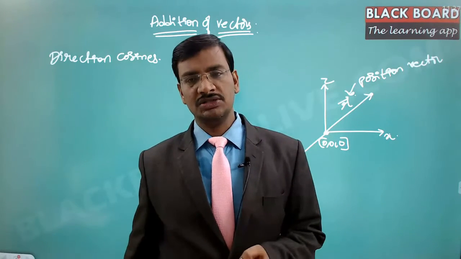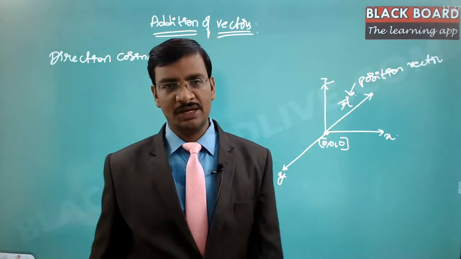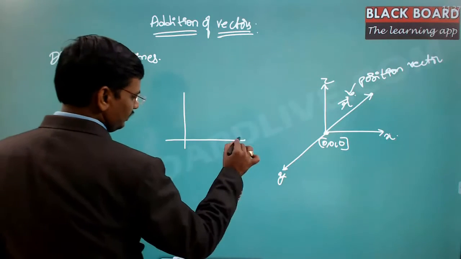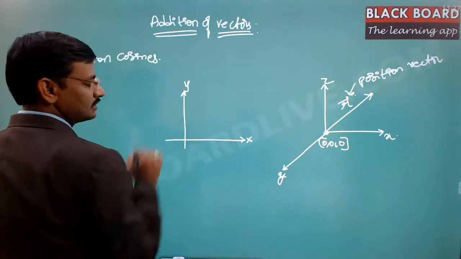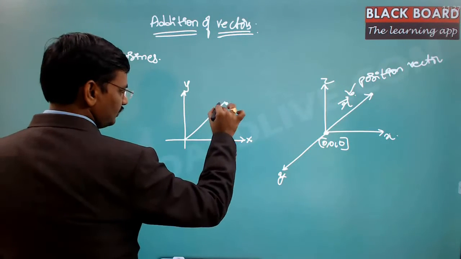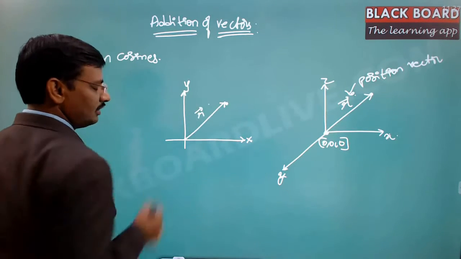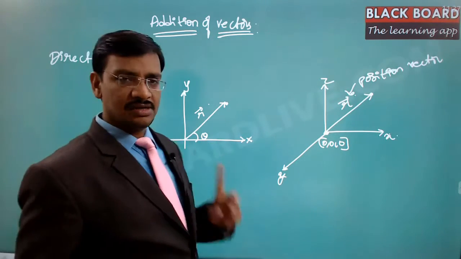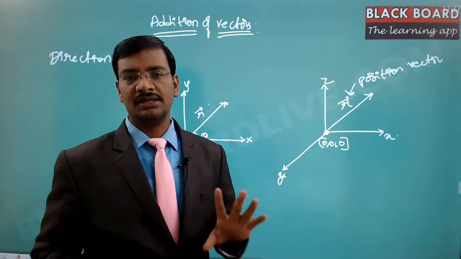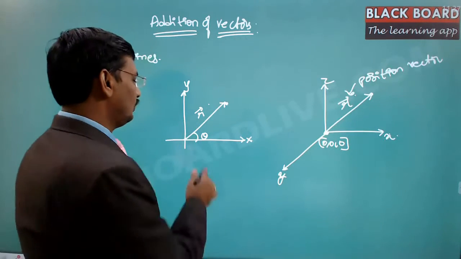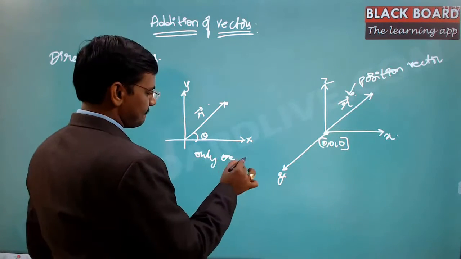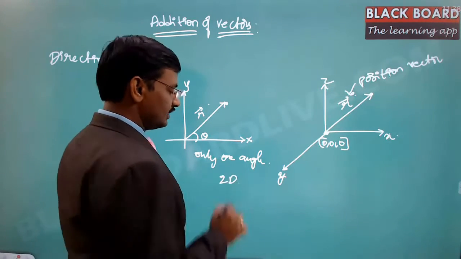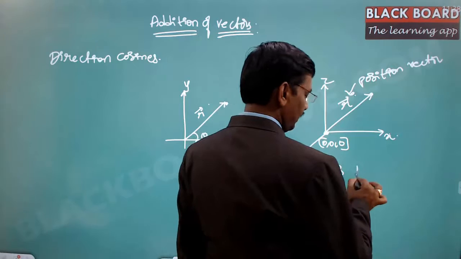In two-dimensional geometry, if you want to uniquely identify a point or a direction starting from the origin to the point, let us take this x-axis and y-axis. Let us say I wanted to point to this location. So this is the direction, the r vector. Now if you specify this angle theta, that information is sufficient to represent a unique direction in two-dimensional geometry. So you need only one angle in the case of 2D. But in the case of 3D, we need three different angles.